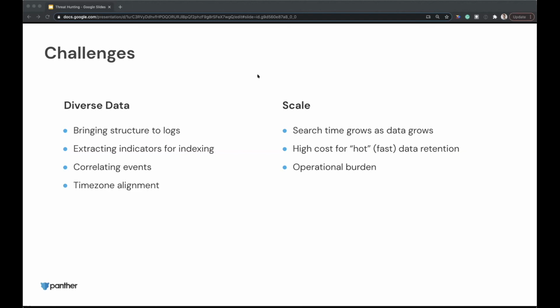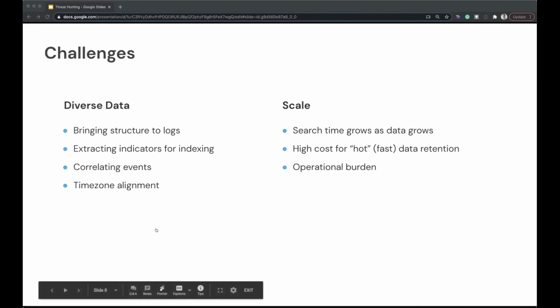And then finally, probably the biggest one here is the operational burden associated with the data, right? Where we as security practitioners want to focus on doing detection and keeping attackers out of our network. We don't want to have to worry about scaling strategies and keeping systems online. So a big thing for us is that we built Panther fully serverless. So the operational overhead is really just coming down to configurations and CloudFormation deployments. And honestly, we try to abstract as much of it away as possible and really, again, just have the security teams focus on security and not on